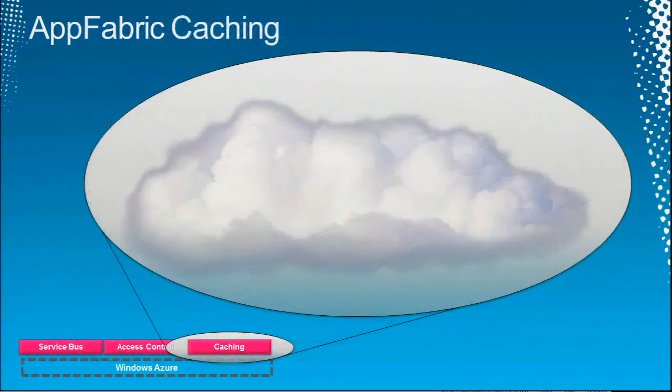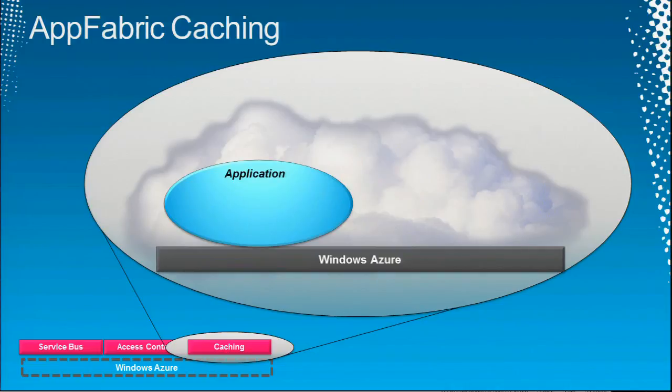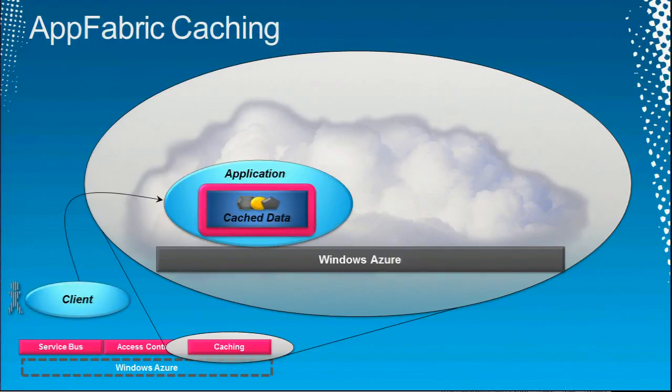Finally, the third thing, caching. Caching is really simple, conceptually. This one actually is an addition for Windows Azure applications. The notion here is this. Applications cache data locally, but as you recall, in Windows Azure, there are no sticky sessions, which means there's no way for a client to always go to the same instance of your app.